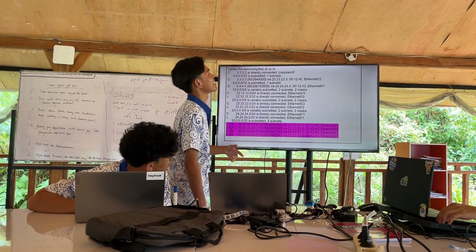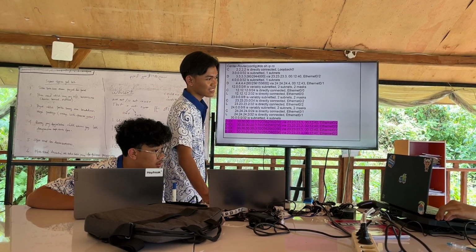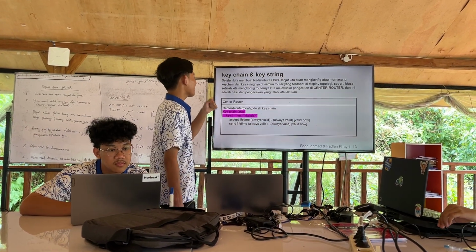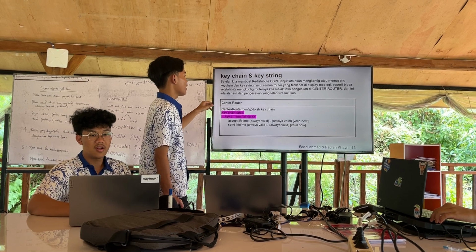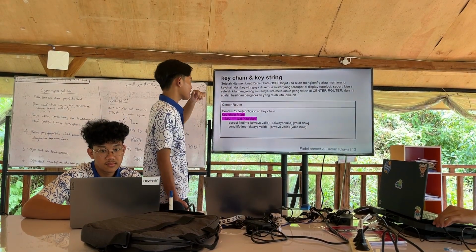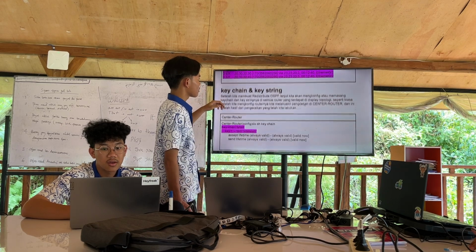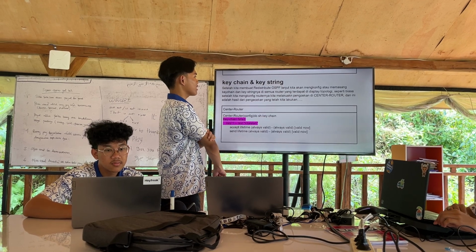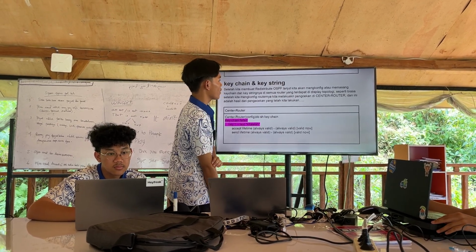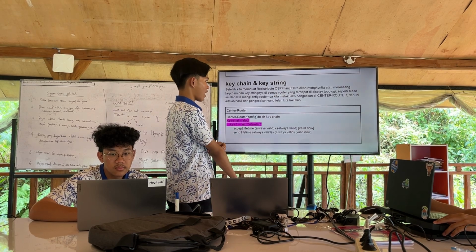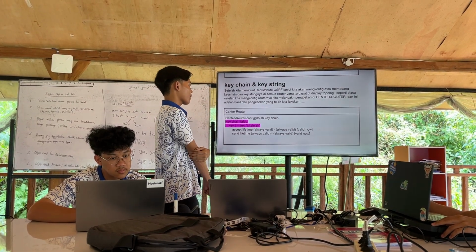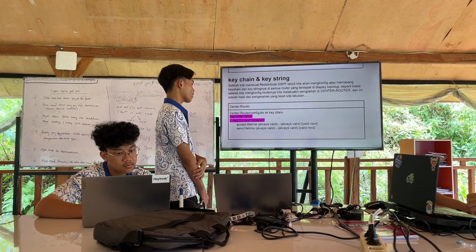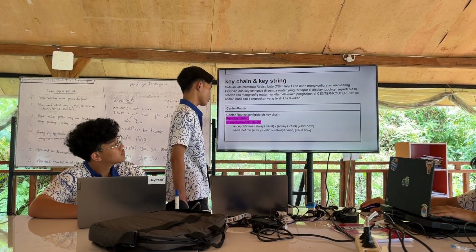That was actually entering the EIGRP configuration. Okay, for the last, this is the keychain and the keystring. We can check at the center router. We set the keychain and the keystring at all of the branches that were displayed in the topology. Then as usual we can check it at the center router, and this is the result. For the command, do show keychain, and then it will show your keychain and the password.